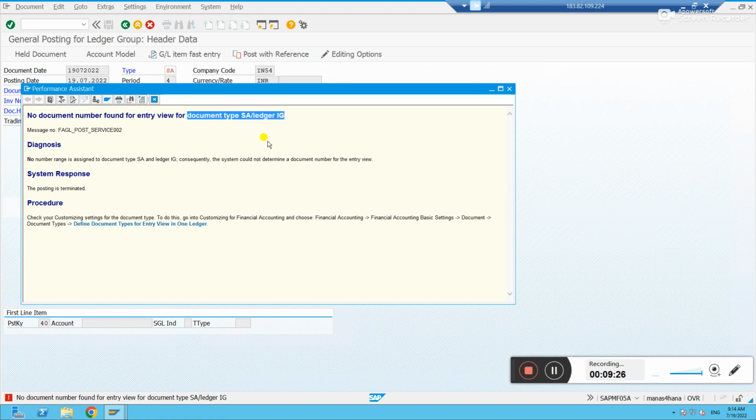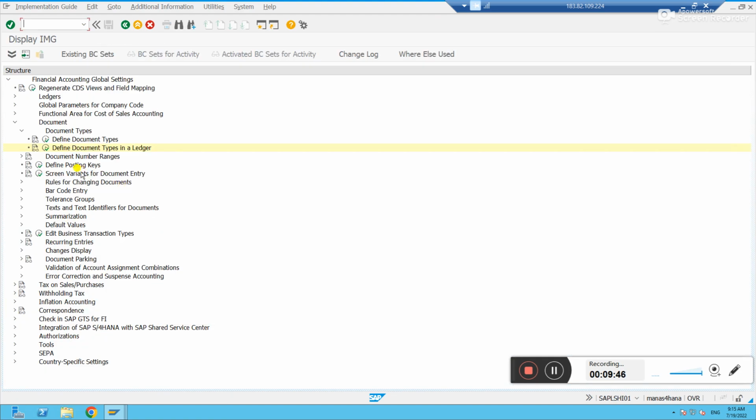And also, if you want to see here, the procedure they have given, go to SPRO, financial accounting, global settings, document and document types. Define document types for entry in one ledger. Okay. If you click here, it will take you to this path. Define document types in a ledger. Hey, you tell me what all the document types you want to post in this ledger with a number range. You just go here,